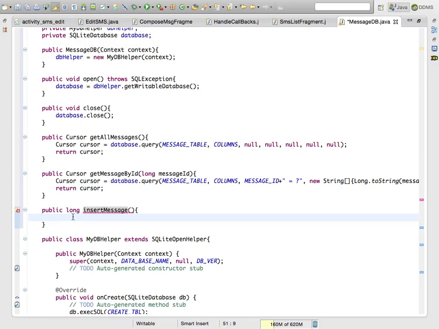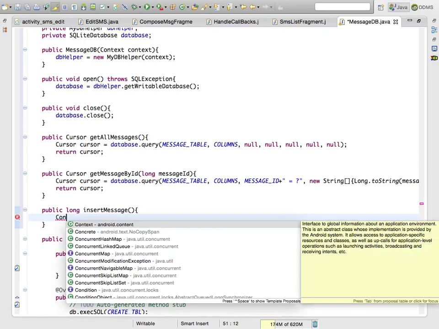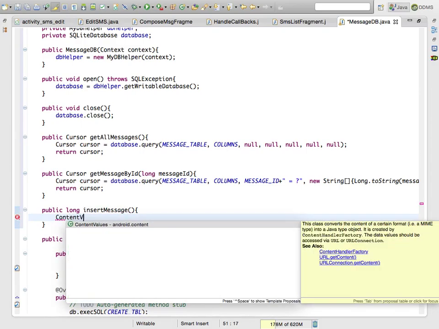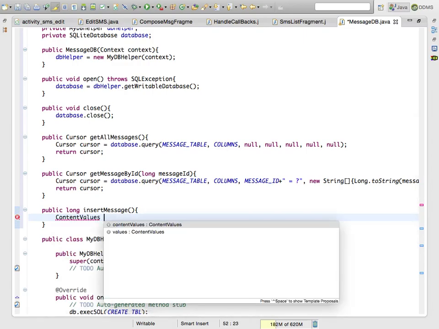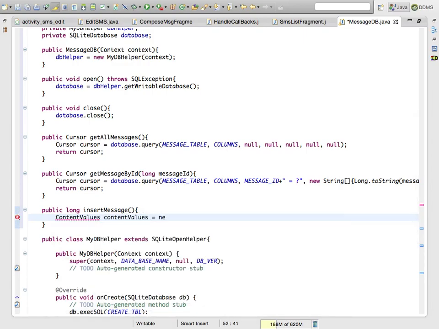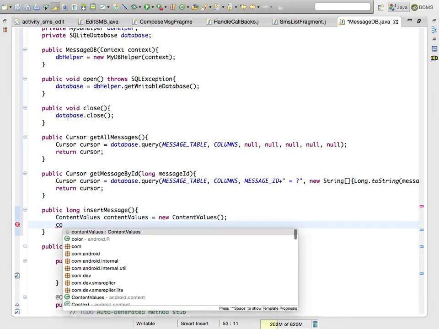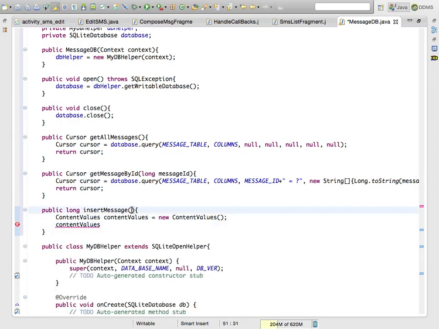Longer integer I need to see, but first see. To insert it, I need a object called content values, which is also similar to a bundle passable object. Build the content values. So what are the incoming ones? String, title,